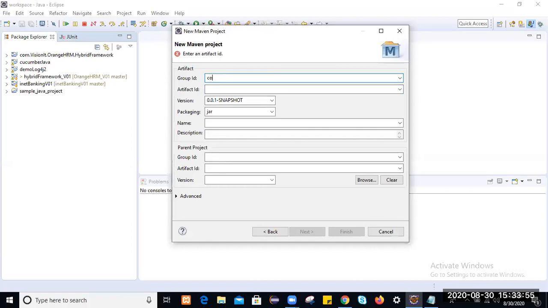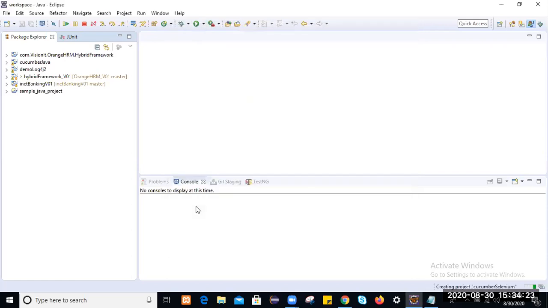Here let me create com.visionIT, and we are going to go for Cucumber Selenium framework. Okay, you can write Cucumber with Selenium or Cucumber with Java. Okay, Cucumber with Java. Finish.